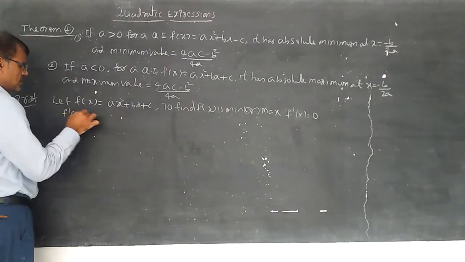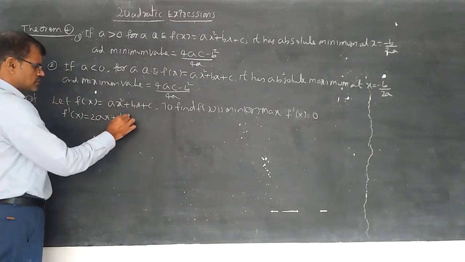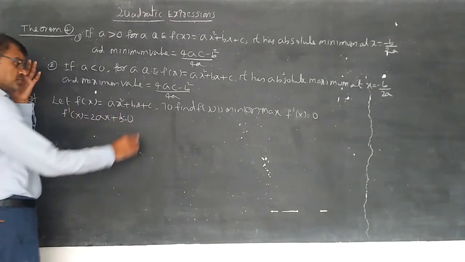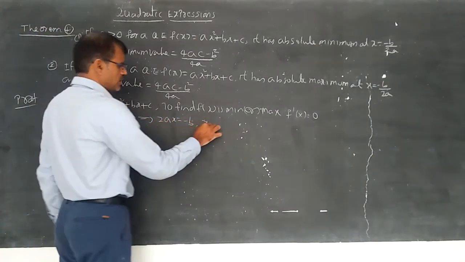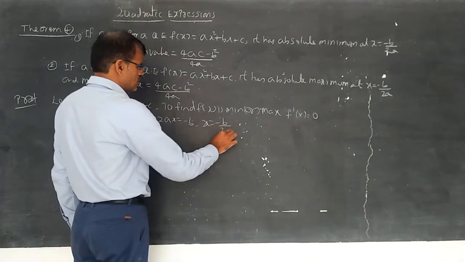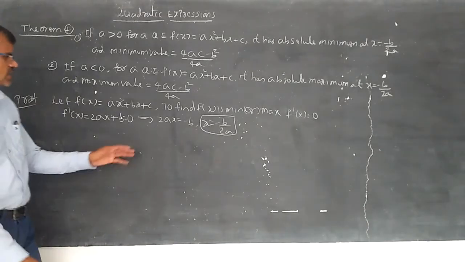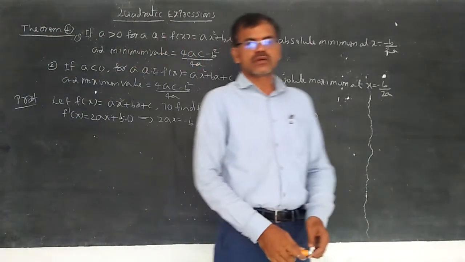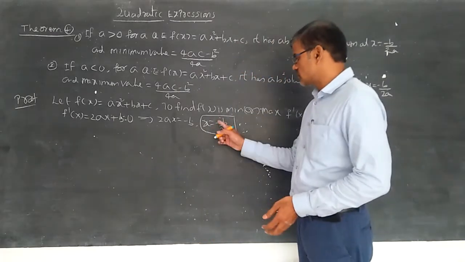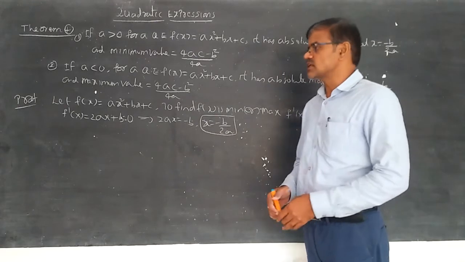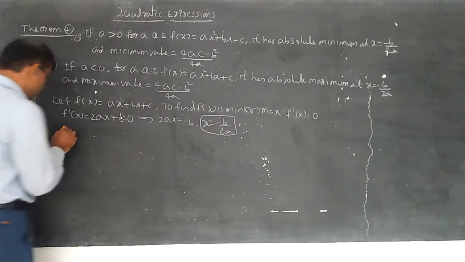F dash x, the derivative of the function ax square plus bx plus c equal to 0, is here 2ax plus b equal to 0. You can understand this as 2ax equal to minus b and x is equal to minus b by 2a. So we got here x is equal to minus b by 2a, but this does not tell whether the function is min or max. Now we can understand f double dash